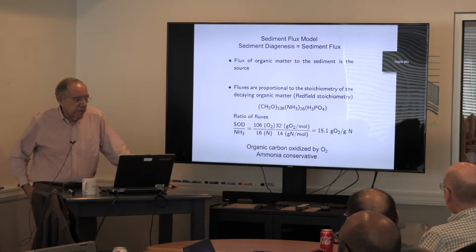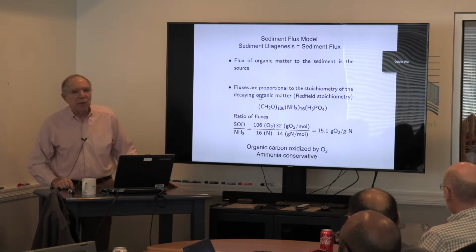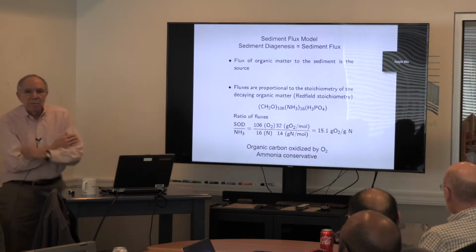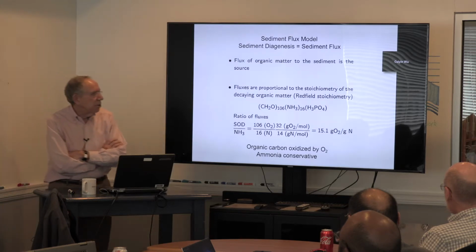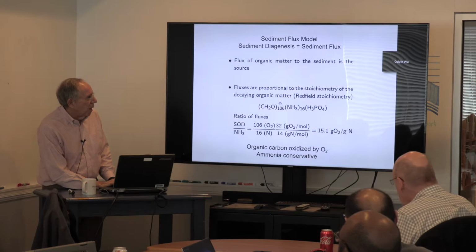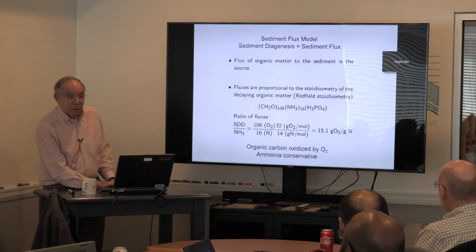And so the basic idea of this kind of model was this. The flux of organic matter to the sediments is the source of what's going on. That was obvious. But the next idea was that the fluxes are proportional to the stoichiometry of decaying organic matter. So long as methane isn't produced and you get some escaping, it's not a terribly bad suggestion to think that if organic matter is being mineralized to CO2 and ammonia, then you can calculate the ratio of sediment oxygen demand to the ratio of ammonia flux that comes out,